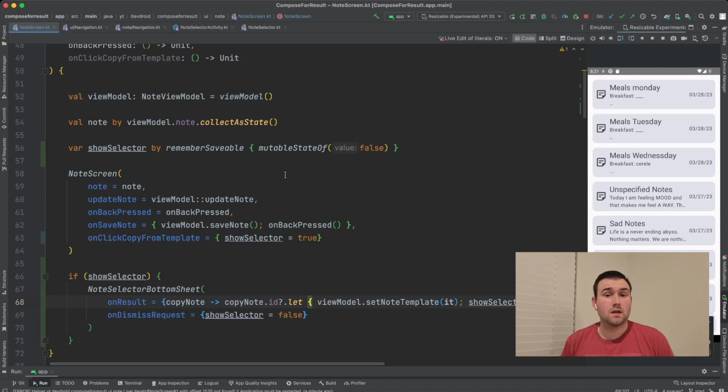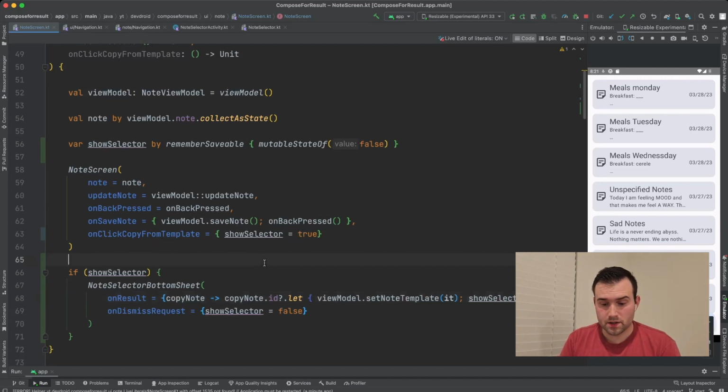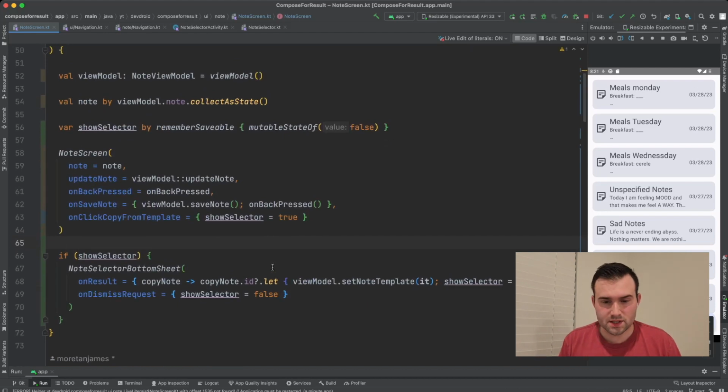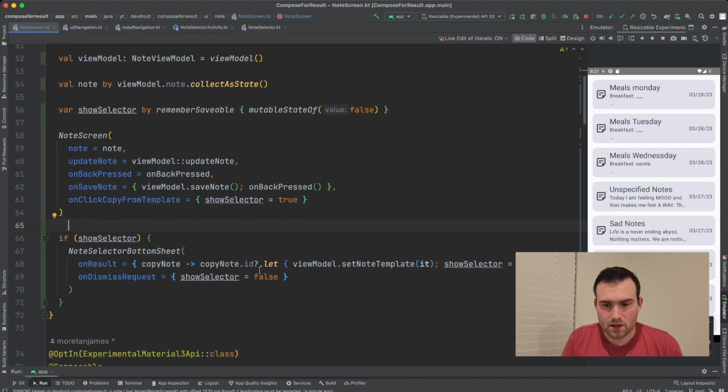Alright, cool. So looking at this code that I just wrote, you may be asking yourself, what is this app? Well, obviously it is a note app, and the selection that's happening here is when you start to create a note, you're going to be allowed to copy an old note as a template. And so walking you through this code,